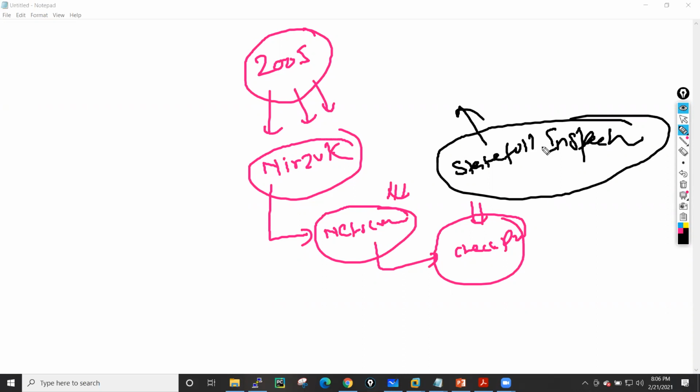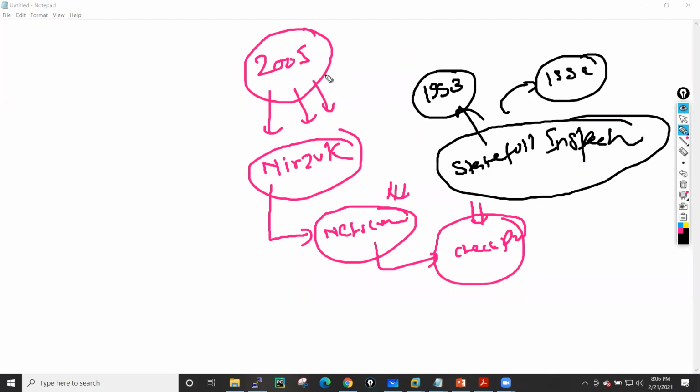Later on, this stateful inspection was introduced by Checkpoint in 1993. And after that, from 1994 onwards, other vendors like Cisco started using stateful inspection. After that, he started his own company in 2002, but he globally introduced the Palo Alto firewall in 2005.